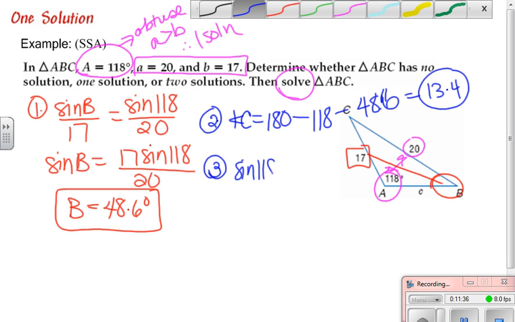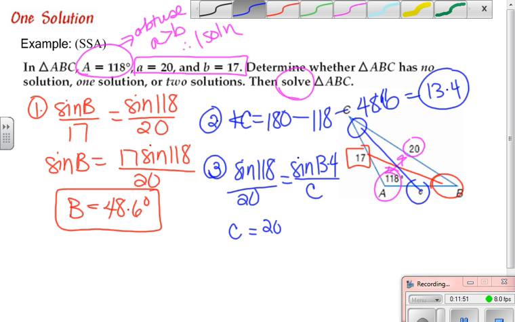The sine of 118 over 20 is equal to the sine of 13.4, which I just found, opposite little c, cross multiply, divide. c ends up being 20 sine of 13.4 all over the sine of 118,